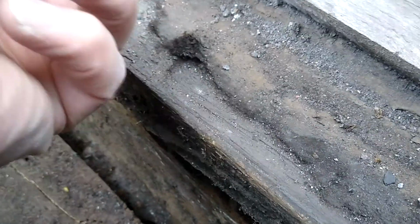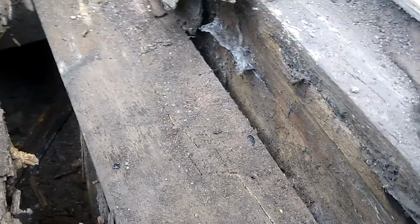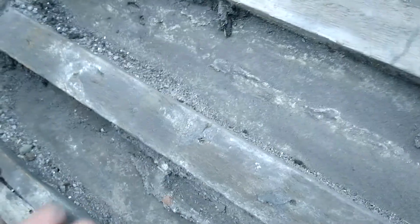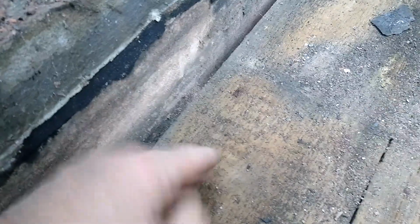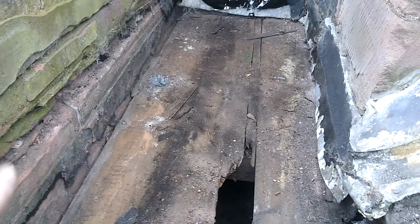And you can see that this is the underfelt that's there. Now I would want that to come down and go over that after we've GRP'd it. So what we're going to be doing is taking some of these battens off here, peeling the felt up and putting new felt down to go over the top of that to finish that. On this side here, the plywood will finish there like that. It won't come up. We've then got a special GRP section, which, for want of a better word, we'll call scotia. So that tilts and comes up the wall here, and that's nailed or screwed actually into the plywood deck. Ouch, that we're going to put there. And then that's all GRP'd up. So you've now got like a lesser U-shaped GRP in here that's impervious. The felt will lap over it,